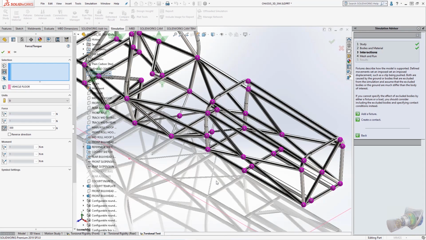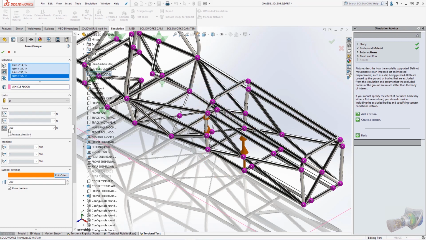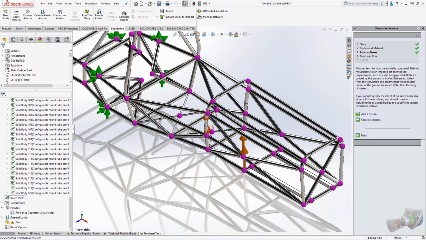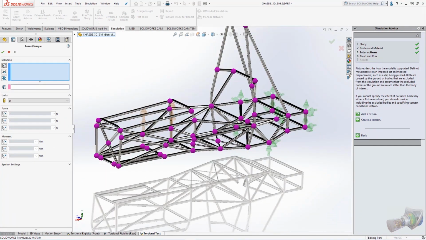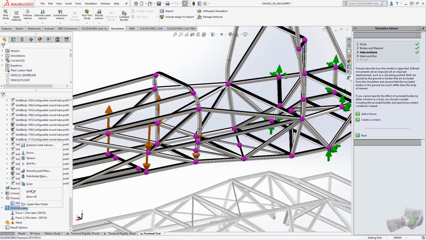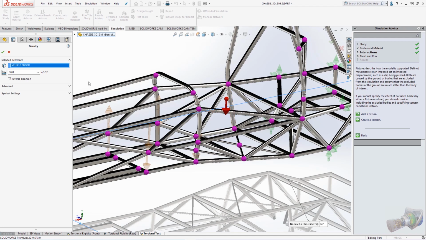We pick the beam joints option under the selection heading, reference plane, and then apply 300 newtons of loading normal to the plane to apply a vertical force on each of the front mounting points on the right side of the chassis. We can then repeat this process but flip the loading direction on the front left mounting points. We'll add gravity to consider the self-weight of the vehicle, and we are now ready to mesh.